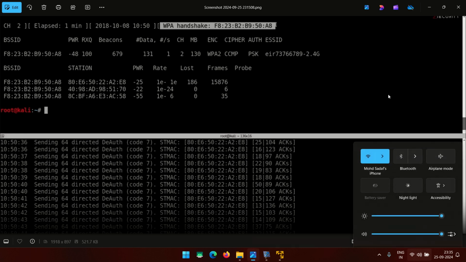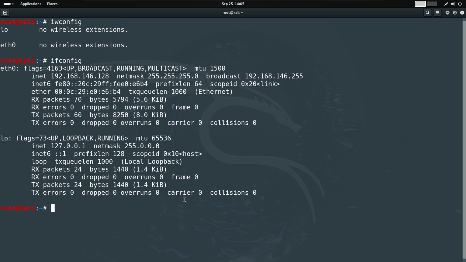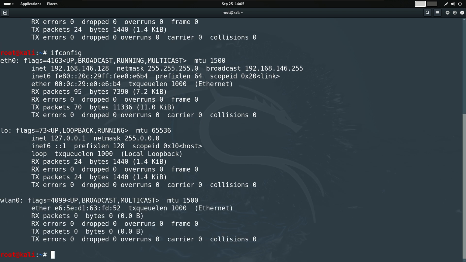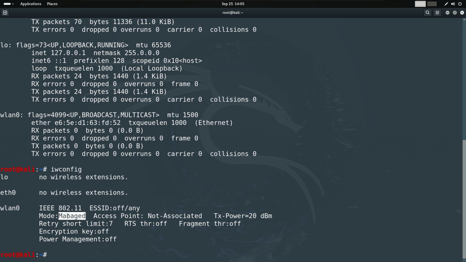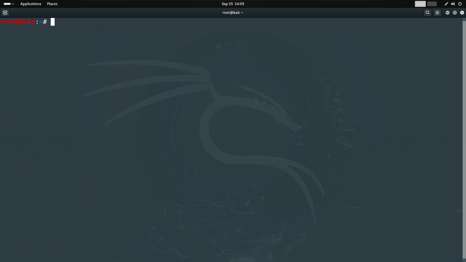I'm very happy right now that I'm going to do something very cool. So let's do ifconfig. So this wireless device is connected, and iwconfig shows it's in managed mode. We don't want managed. What do we want? First of all you have to do iw. Let's go back to the commands and see. Okay, where did it go? The command to